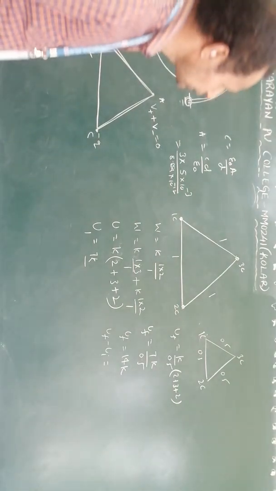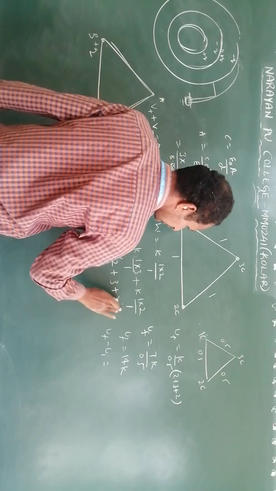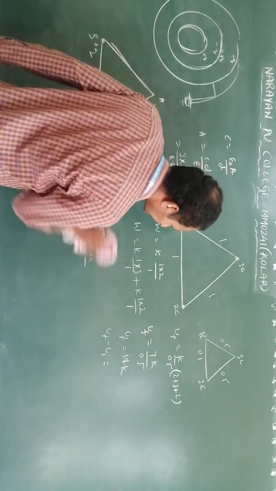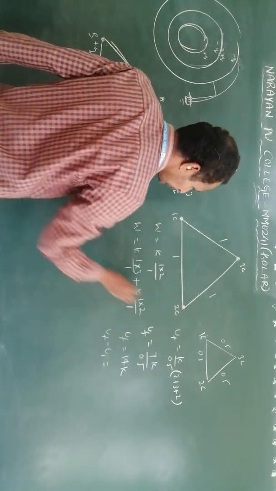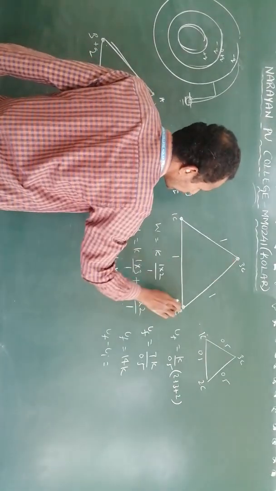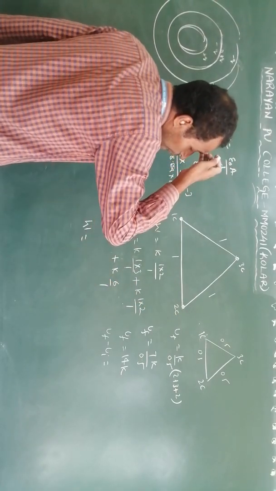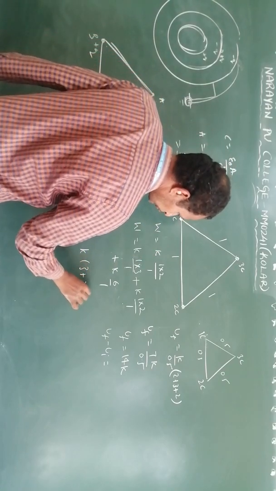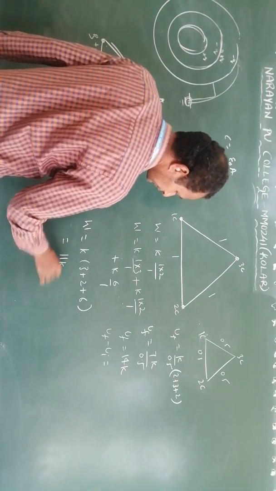And one more combination also we will see. 2 and 3 plus, okay, here I will write. One more combination is missed. This one plus K into 2 into 3, 6 by 1. So W is equal to, then what you get? K is common, 3 plus 2 plus 6. Then you will get 11K.